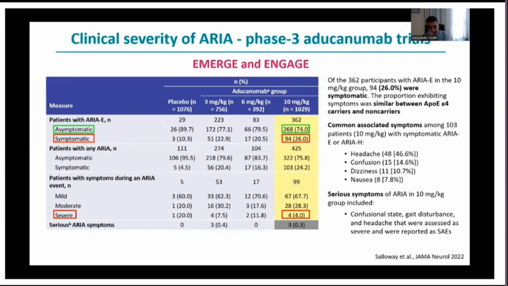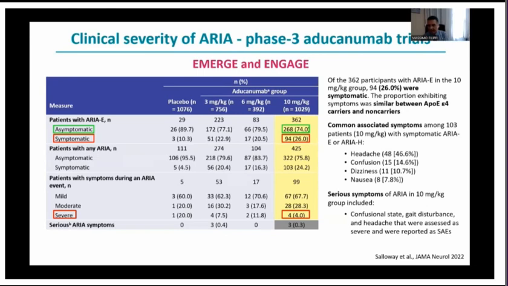Regarding whether these abnormalities are symptomatic or asymptomatic, I wish to remind you that the vast majority were asymptomatic, so 74%. 26% in the high dose treatment were symptomatic, but the severe symptomatology was just seen in 4% of them, with the typical characteristics that we have already discussed. So the point is that events